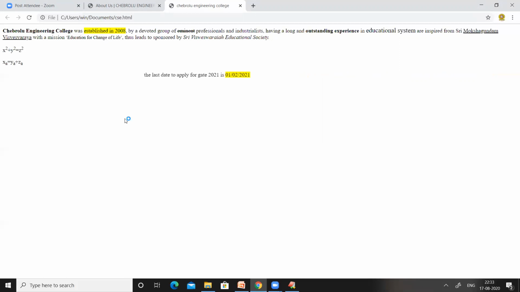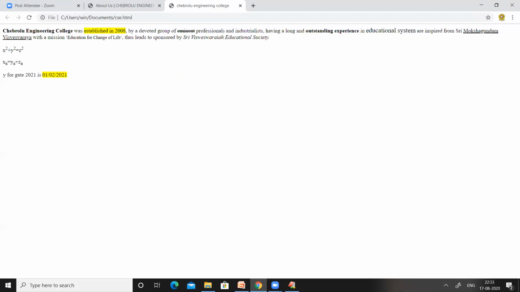For example, if the people of a particular site want some information to be seen by each and every visitor, then they will highlight that information. The highlighting of such information is possible by using a tag called the mark tag. This is how we can highlight any information by using the mark tag.